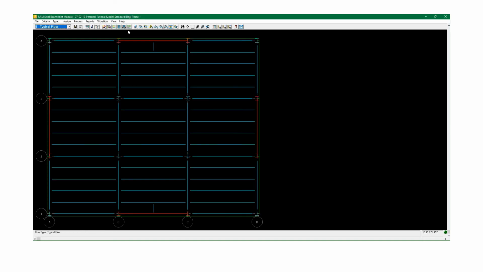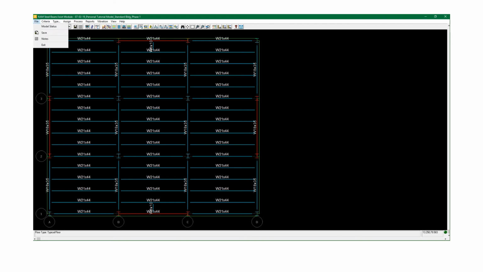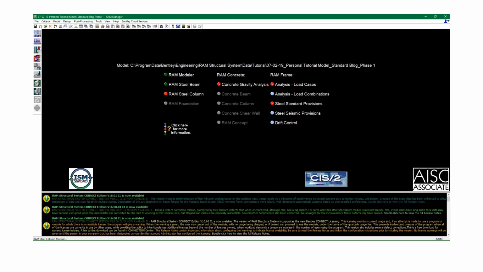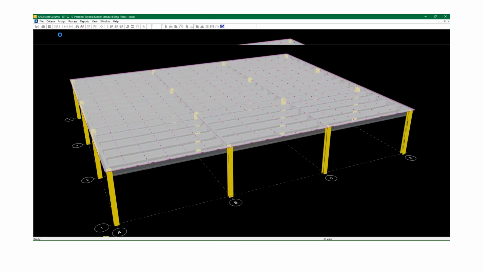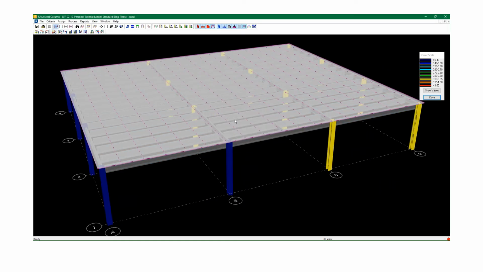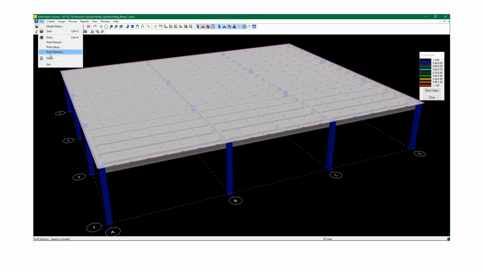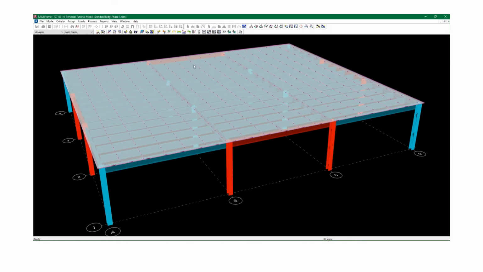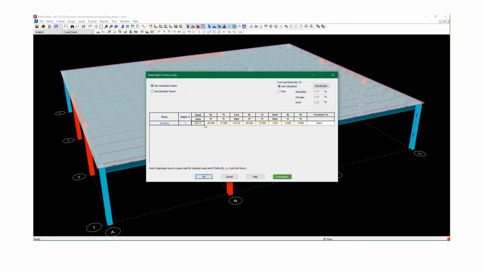Complete. Take a quick look. No, this is not necessary, but I just do that for kicks. Gravity, we're all good there. Exit. Go into my lateral frame analysis. Now to see the effects of the change, go into my loads menu, go to gravity loads, and I see